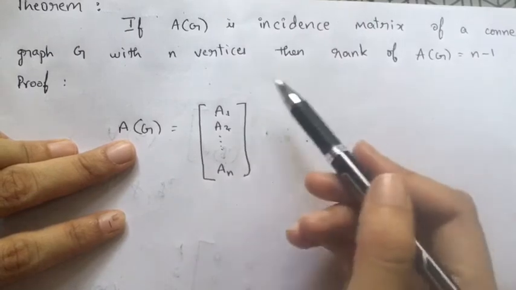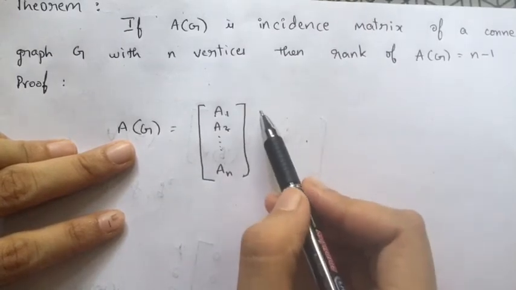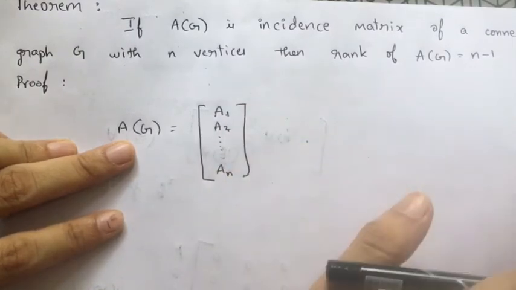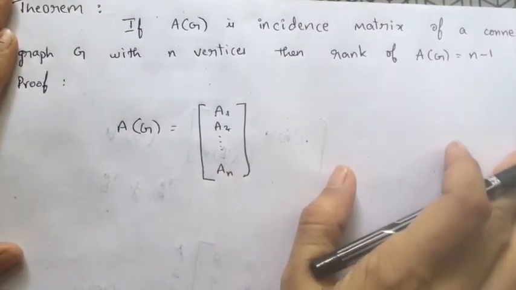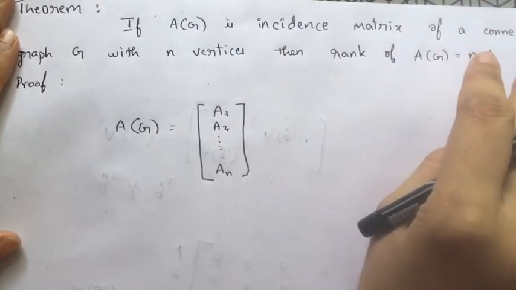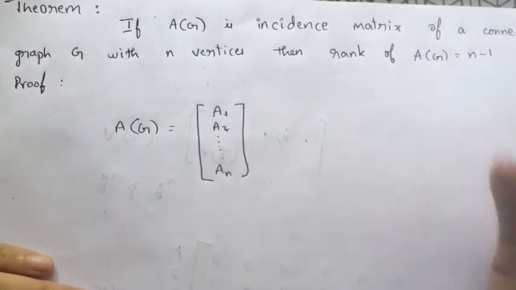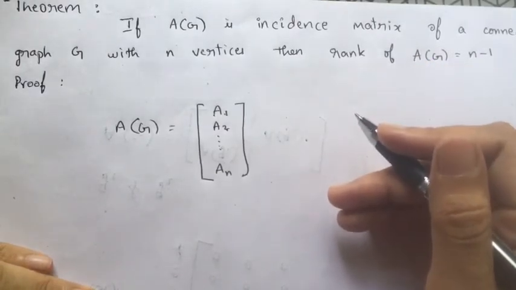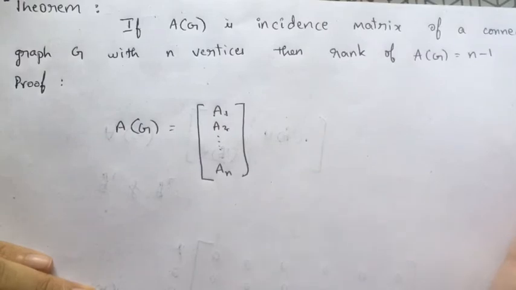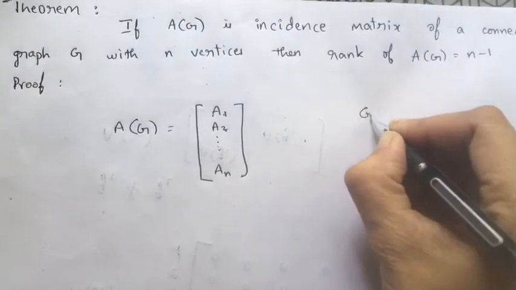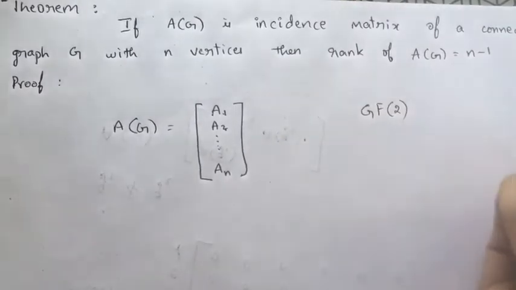Since there are exactly 2 ones in each column of an incidence matrix, when I take the sum of all these vectors modulo 2, because I am defining this vector space over Galois field 2,